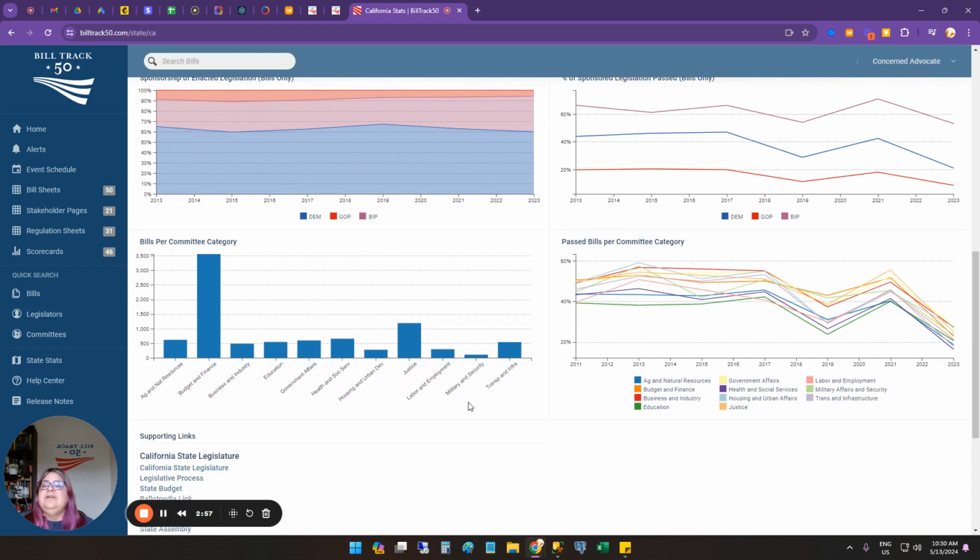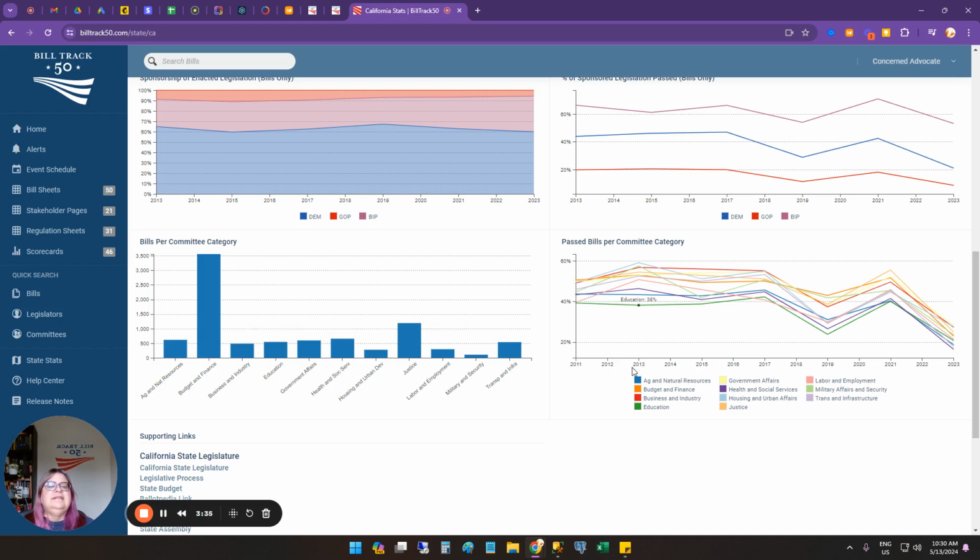All right, and then we have this graphic here showing you how many bills are in each different category, and this is based purely on what committee the bills were referred to. So if the bill was referred to any of the education committees, then we consider it to be an education bill. If it is referred to any of the justice committees, then we consider it to be a justice bill. If it gets referred to education and justice, then we count it both times. So this sum won't be exactly how many bills were introduced. Plus, if it never got referred to a committee, then we don't categorize it. But this gives you an idea of what is getting worked on.